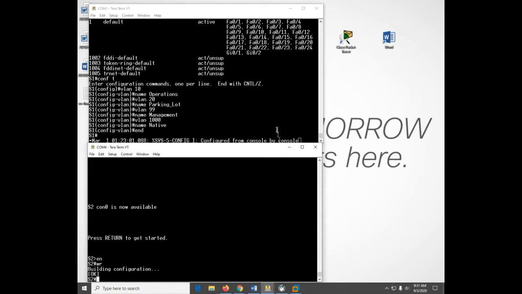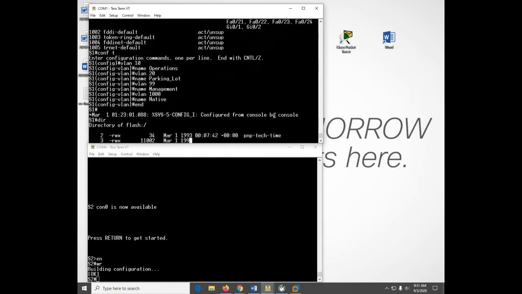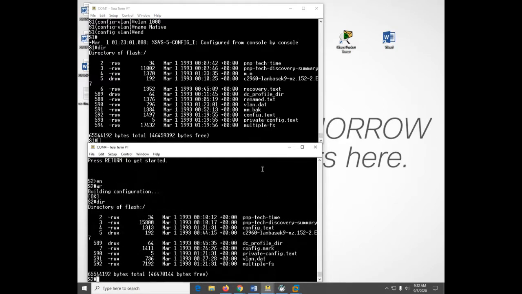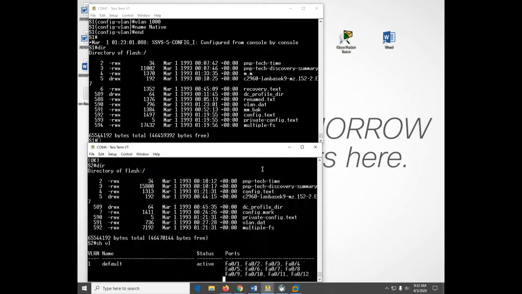Just for fun here. Oh, now there's a vlan.dat file. Before I created any VLANs, there was no vlan.dat file. All the VLAN information you create, names, numbers, is stored in the vlan.dat file. So as soon as I made that first VLAN in addition to the default, it made that. Now there's a thing called VTP, which is not an objective here, but